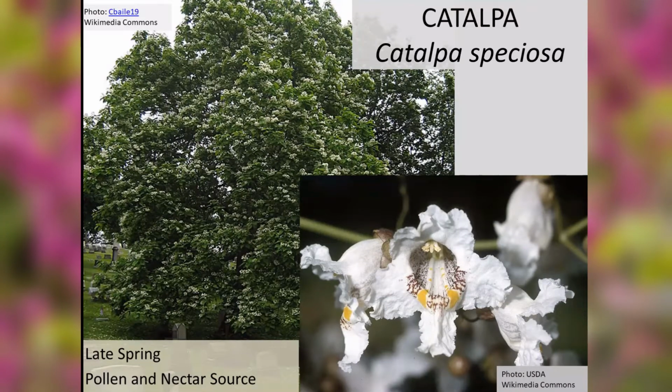And this is the one that in the fall, when it puts out the fruit, has those long cigar-like things. So it's pretty easy to identify. This is also another good plant. It'll grow where the soil is a little bit damper, so it doesn't have to be really dry. There are a few plants, and I'll name a couple, that will do pretty well in moister